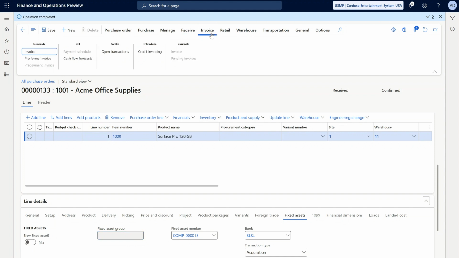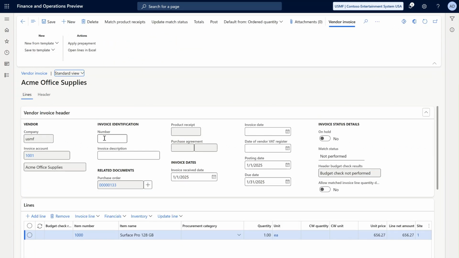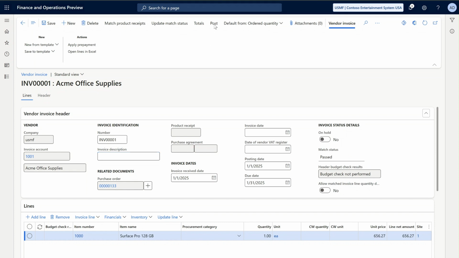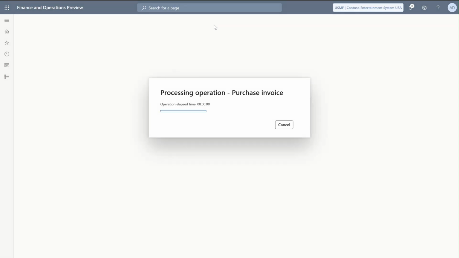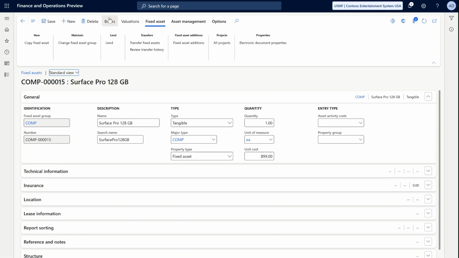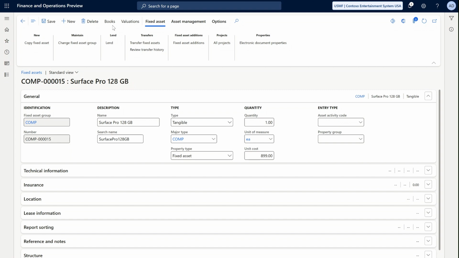And then move to invoice and I will post the invoice. I will give it a number and update the match status for the three-way matching and then post the invoice. At that time the fixed asset number is acquired,